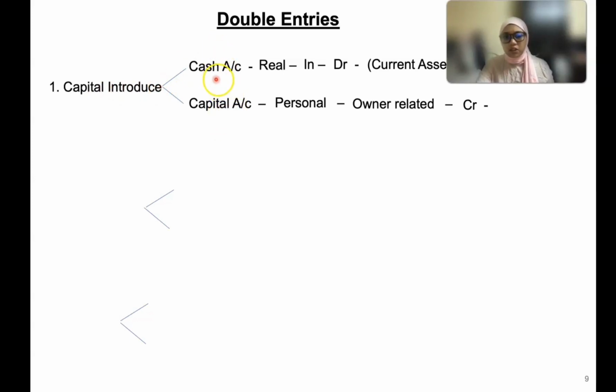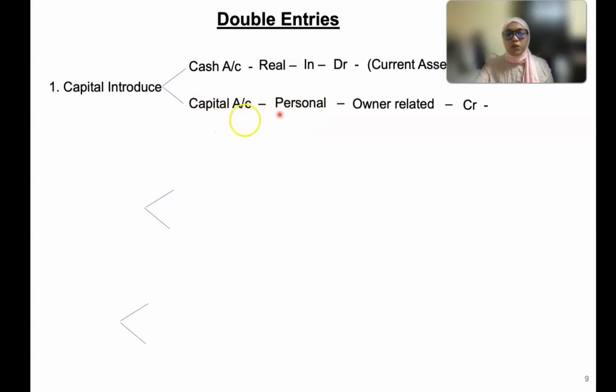Okay, cash account is under which type? Cash account is a real type of account. So real type of account, business is receiving cash, so it is in, so we will record in the debit side. Forget about the current asset for now. I will explain in later lessons about what is current asset. Okay, so capital